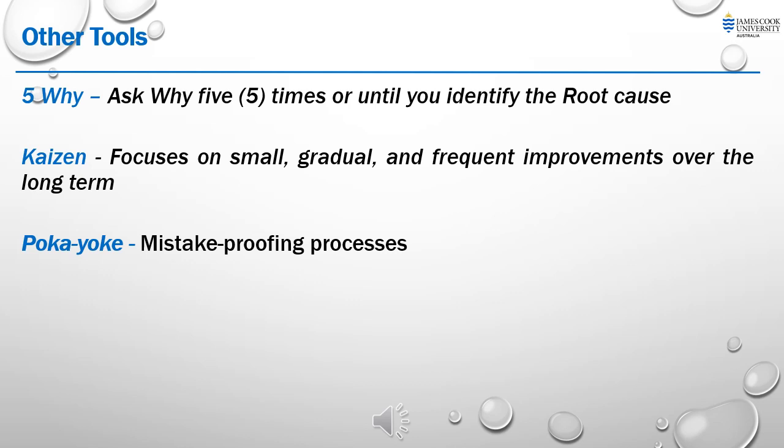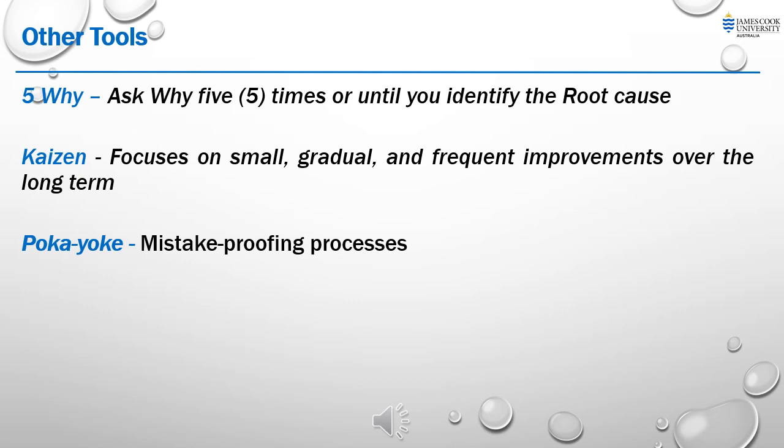Define the problem. Start by defining the problem that you are trying to solve. Ask why the problem is happening and identify the immediate cause. Repeat the question, ask why again and identify the underlying cause of the immediate cause. And repeat the process. Continue asking why and identify deeper causes until you reach the root cause of the problem. Develop a solution. Once you have identified the root cause, develop a solution to address it and prevent the problem from